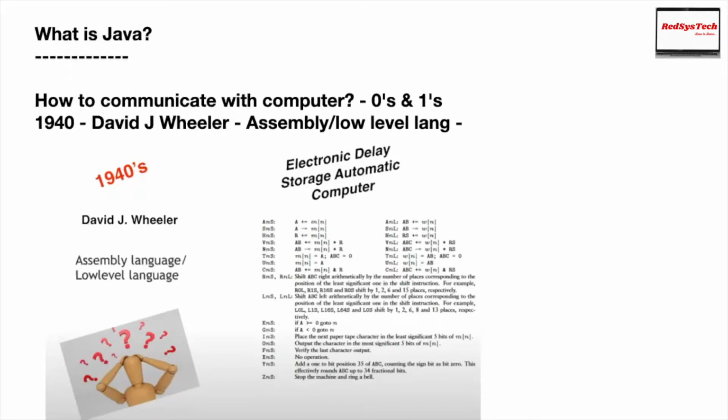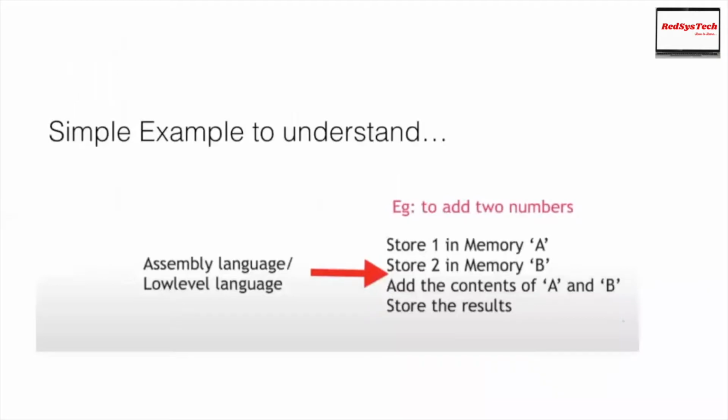If you see my screen, the initial language looks like this. This could be understood by the computer by converting it into zeros and ones, but it was not readable by both machine and human, right? So that is where they wanted to come up with a new idea. If you want to do something in assembly language, let's say add two numbers, if you know about microprocessors, you store a number in memory A and then another number in memory B, and then